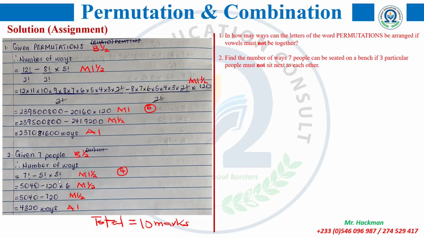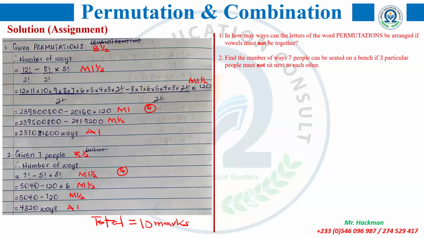Okay, and this one, we move on to question 2. Find the number of ways certain people can be seated on a bench if 3 particular people must not sit next to each other. So 3 must not be together. That is the question. So not together always will be total